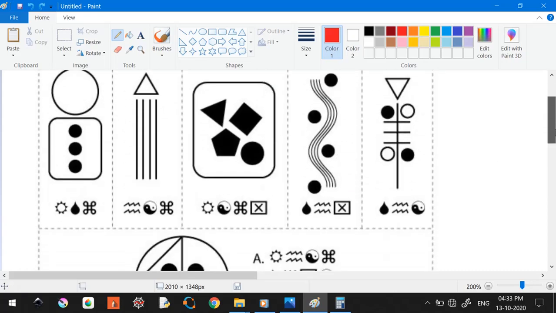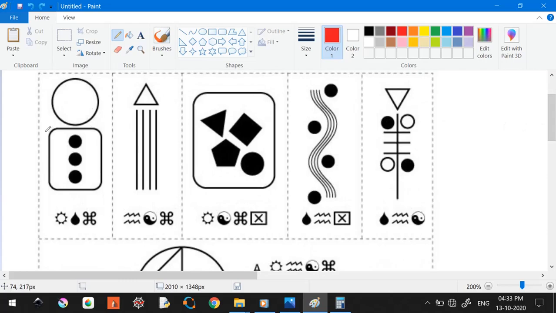So let's check that. Basically what you need to do is kind of reasoning. 1, 2, 3, 4, 5 patterns are given, so we need to identify similarity out of the patterns, or the relation between the shapes and the codes. That is how reasonings are solved. So let me see repeated things.